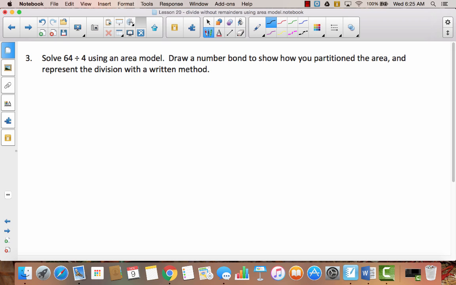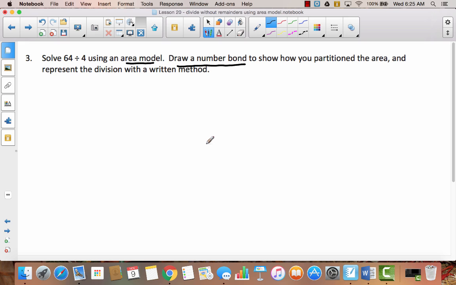All right, let's take a look at number 3. We're going to get to do another one. If you feel really confident and you enjoy this challenge just like I do, go ahead and try to do this all by yourself. The worst thing that happens is you get it wrong. You can always erase and try again. Do notice that we're going to use an area model, and we're also going to be drawing a number bond so that we can solve this problem very similar to what we did